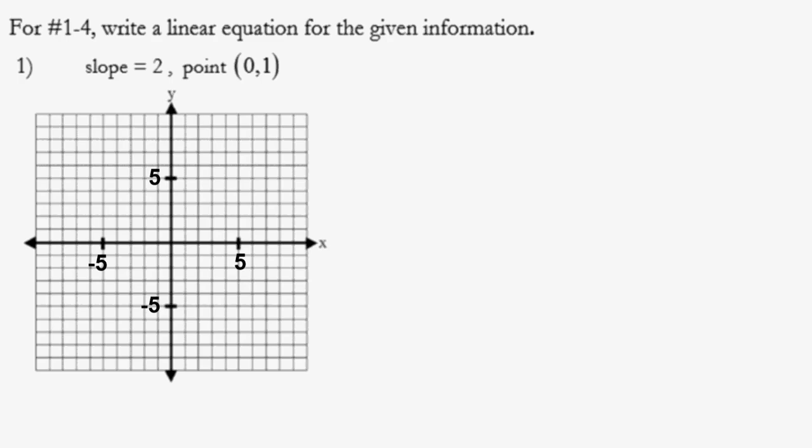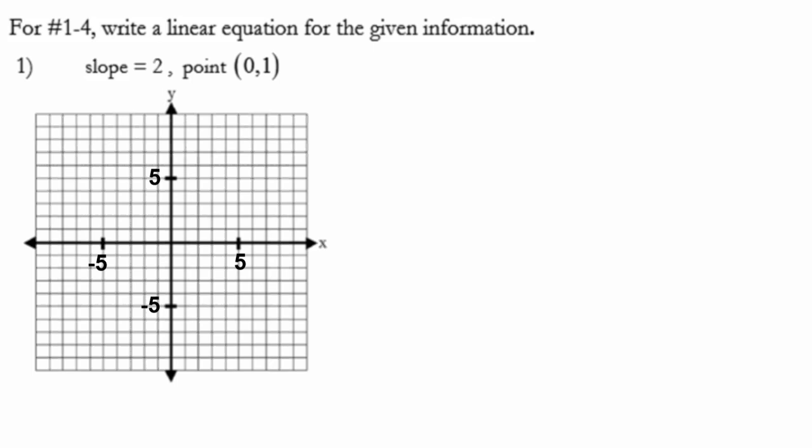So for number 1, we're asked to write a linear equation for the given information. We have a slope of 2 and a point at 0, 1. There is a graph provided, so you could plot the point 0, 1, and from that point use your slope 2, going up 2 and to the right 1 each time to generate more points. Remember, anytime that you are graphing a line, you should have at least 3 data points there. The more points, the better for the accuracy, but that would be a visual for us, right, of the line,